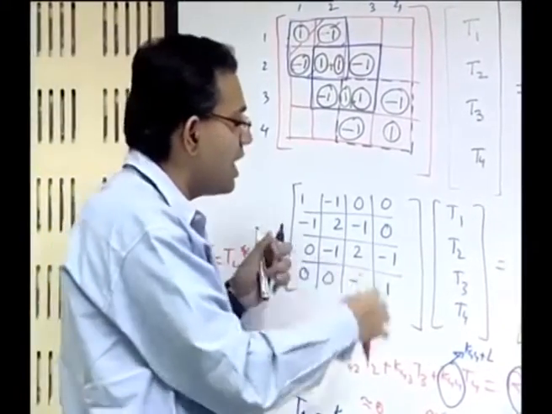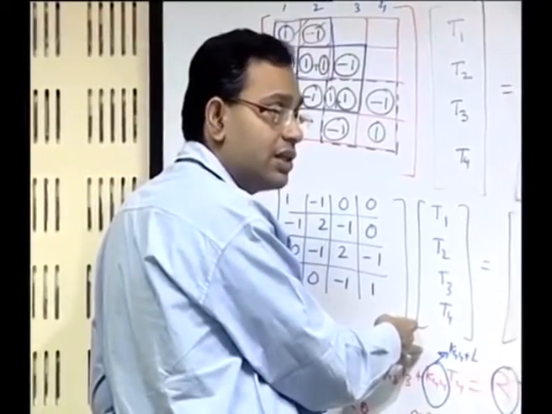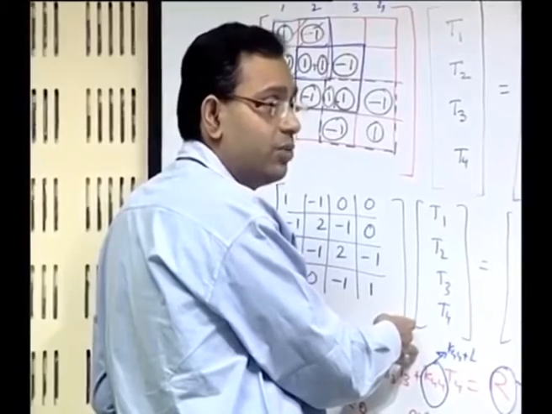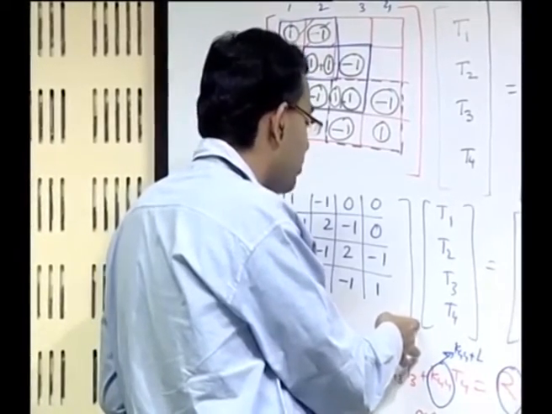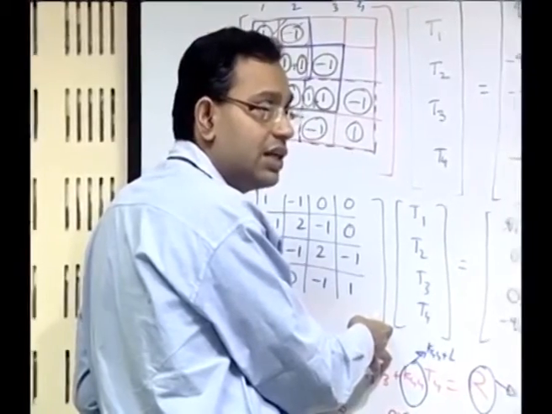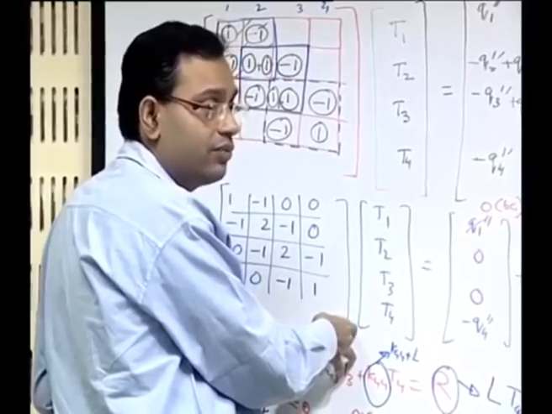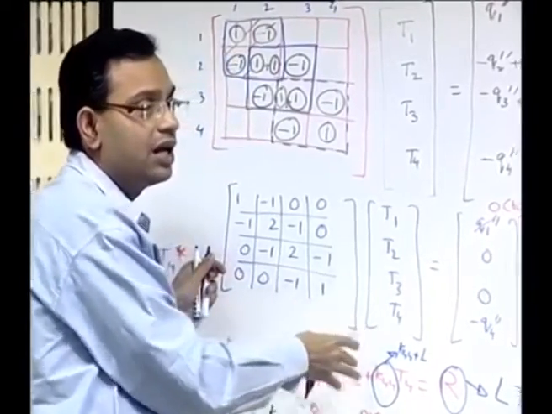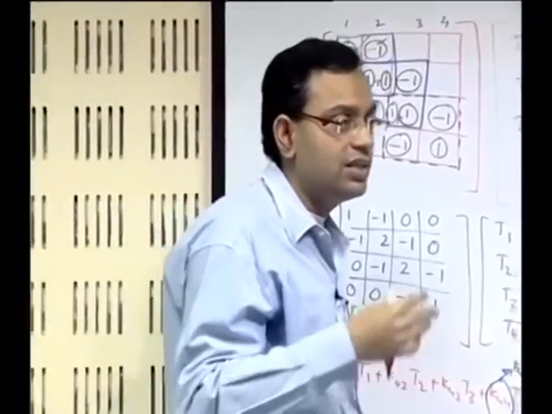In the next class, we have seen how to come up with a system of algebraic equations from a variational formulation. Next class we will see how to come up with the system of algebraic equations through discretization directly from the D formulation, that is the differential equation formulation, and we will take up the finite difference method as an example which tries to do that.